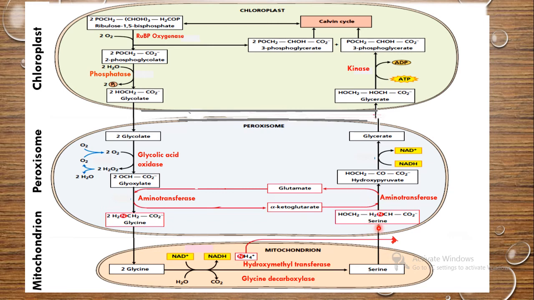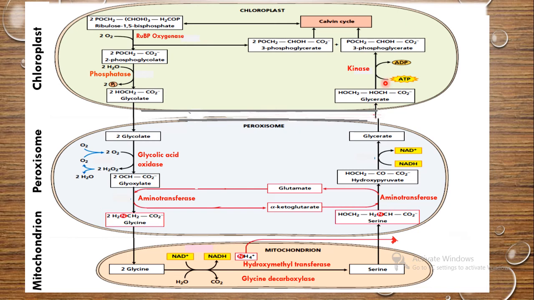In peroxisome, the serine is converted into hydroxypyruvate. This reaction is catalyzed by the enzyme aminotransferase, and during this process, alpha-ketoglutarate is added and glutamate is released. Finally, hydroxypyruvate is formed, and this hydroxypyruvate is again reduced to glycerate. During this process, NADH is converted into NAD+, and this glycerate from peroxisome enters into chloroplast again, and this glycerate